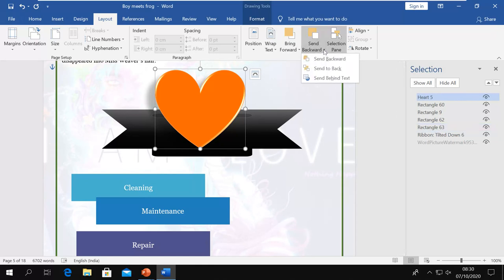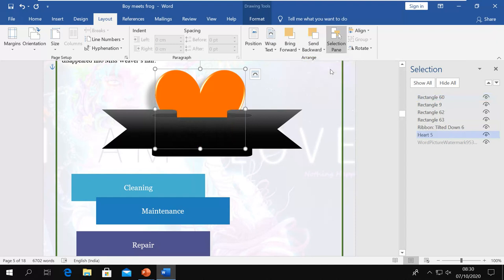If I say send back, then it will go back to every object, and the watermark, you see, will remain in the back, it will not change, because that is what the watermark is. Or you can change the levels here, you can bring forward, you can send backward.